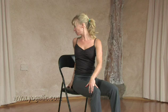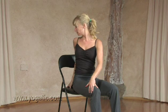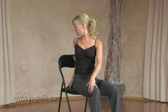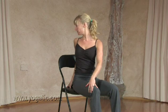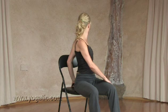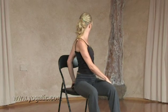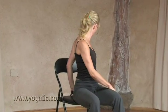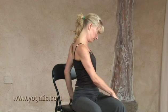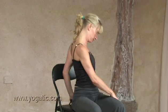Stay here for a few breaths. And breathe consciously to open the belly, the ribcage, and the chest. Spread across the collarbones. Come back and take that on the other side as well. Keep spreading across the collarbones and let the breath open the body. And then come back